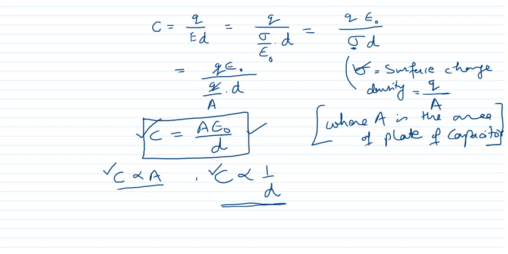So therefore C depends upon this factor, but there is another factor upon which it depends. C is directly proportional to the medium, because when the medium changes, the permittivity will also change, and therefore with the change in medium between the plates of a capacitor, the capacity will also change. By increasing the area, capacity can be increased. By decreasing the D, capacity can be increased. By increasing the permittivity of the medium, capacity can be increased.